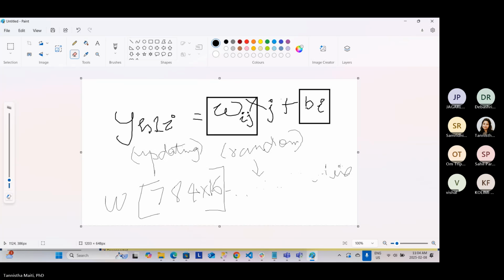So this W is for the layer between the input and hidden layer 1. Then I will also have a W between hidden layer 1 and hidden layer 2, which is of size 16 cross 16. So I'm thinking my hidden layer 2 also has 16 neurons and hidden layer 1 had 16 neurons. And then at the end, I have an output layer, so hidden layer 2 to output, and this size is